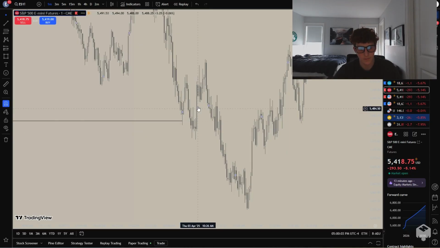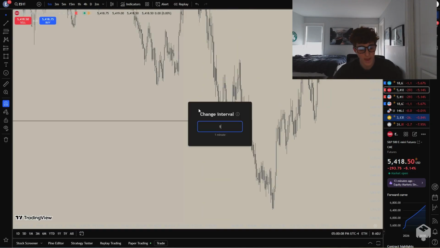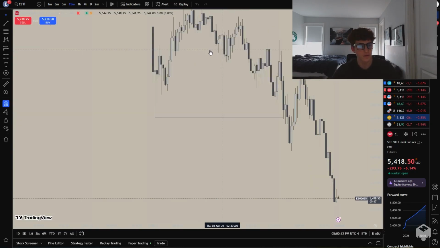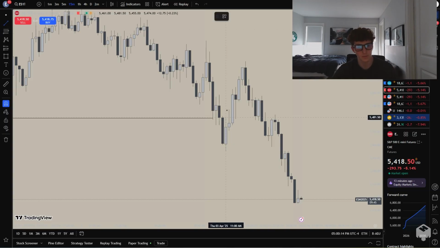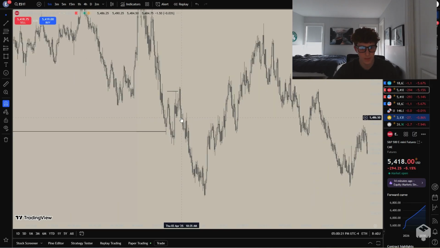This is after I got stopped out, and I'm like, okay, now that we have this extra manipulation leg, we actually had created a big unfilled 15 minute, which is beautiful. This is exactly what I wanted to see. It was this unfilled 15 minute right here. It looks really nice to me at this point in time.